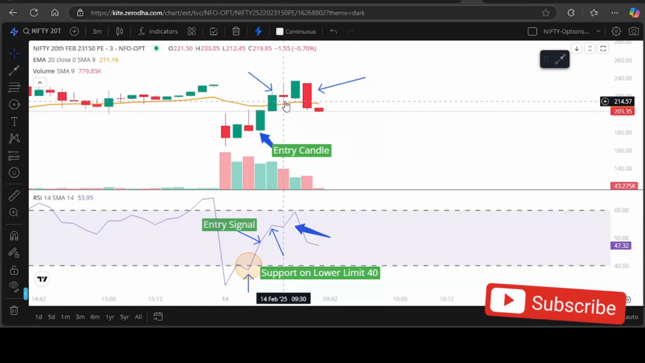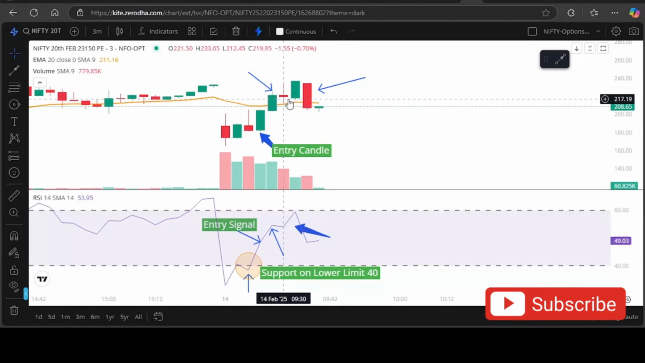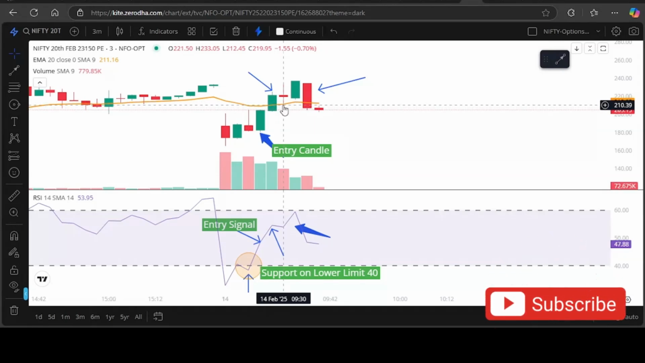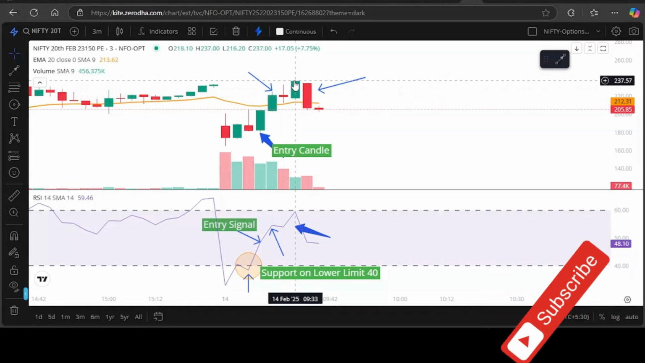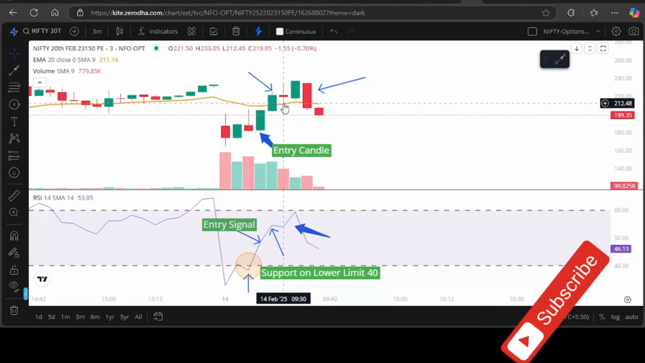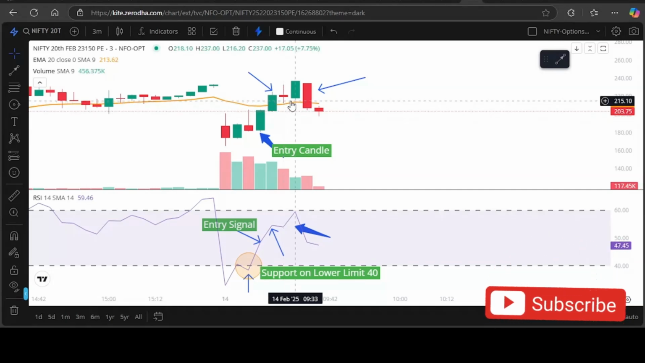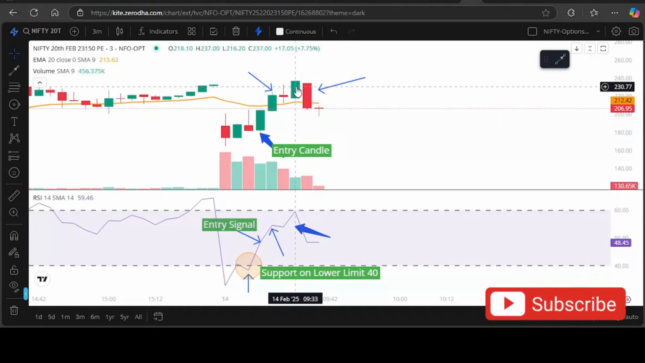If this green candle would have become red, and if the green candle would have closed below the low of this doji, let me repeat, below the low of this doji, I would have exited at that very moment. Because this candle went up, I would have exited the trade here, because I can't